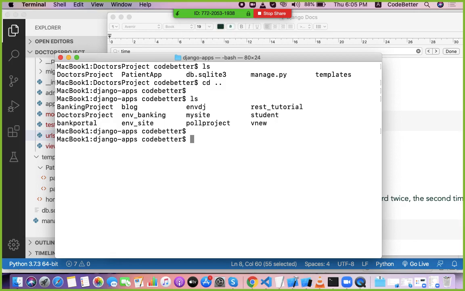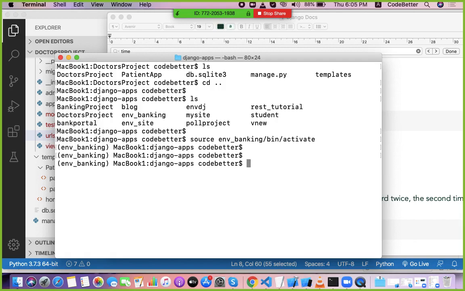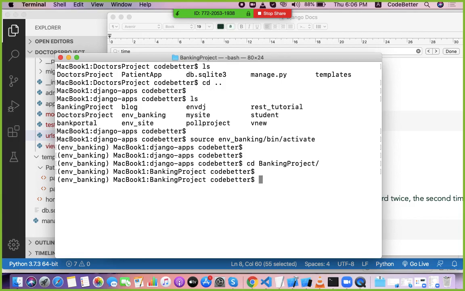Okay, so let us activate the environment. Then let's move to the banking project and run it.